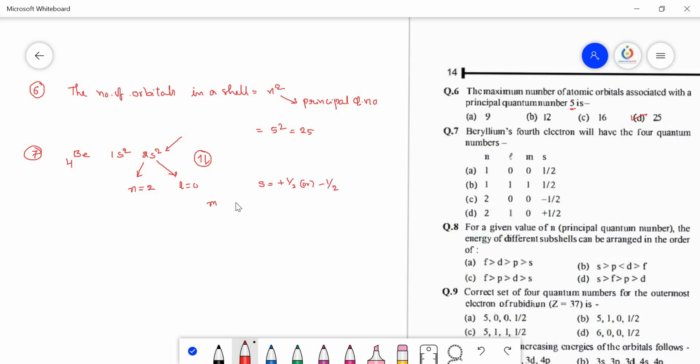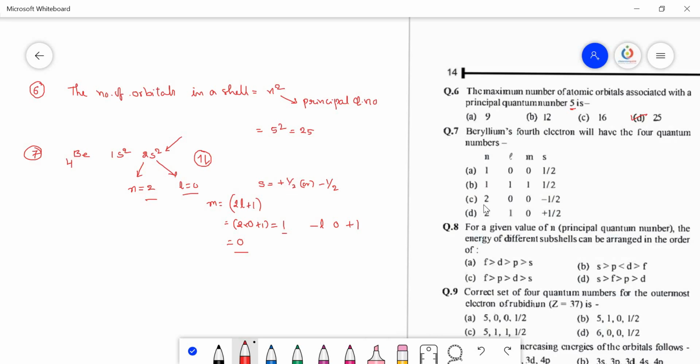And magnetic quantum number value is, we know that 2L plus 1. So here 2 into L value is 0, plus 1, that equals to 1. So generally don't think that M value is always 1. This M value starts from minus L to 0 and ends with the plus L value. So L value is only 0, so that one value of M is equal to 0. So finally the 4 quantum numbers are here. We can write n equals to 2, L equals to 0, M equals to 0, and S may be either plus half or minus half.